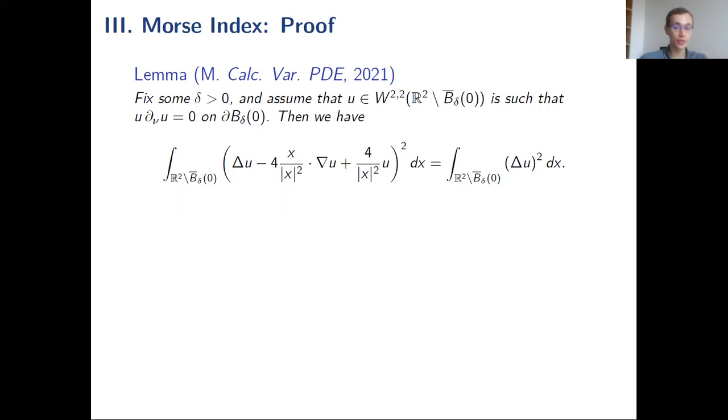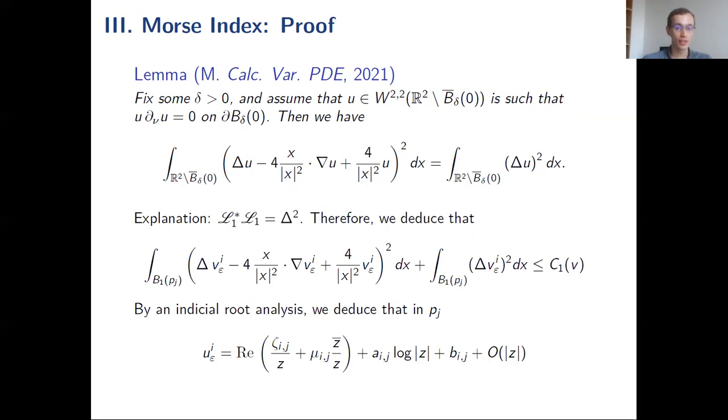And in fact, it's due to the fact that if you write this operator L1, the one on the right, delta minus 4x over x squared, the adjoint of L times L is the bi-Laplacian. So it's what I wrote here. To me, this was quite a funny result, where you get a factorization of delta squared in which the two factors are non-trivial. So we will use this bound that near an end, this quantity will be finite.